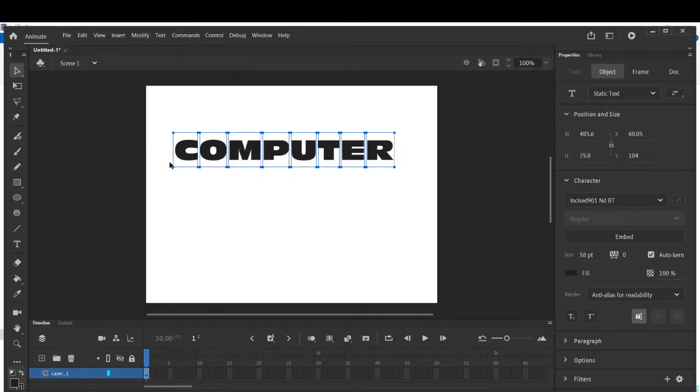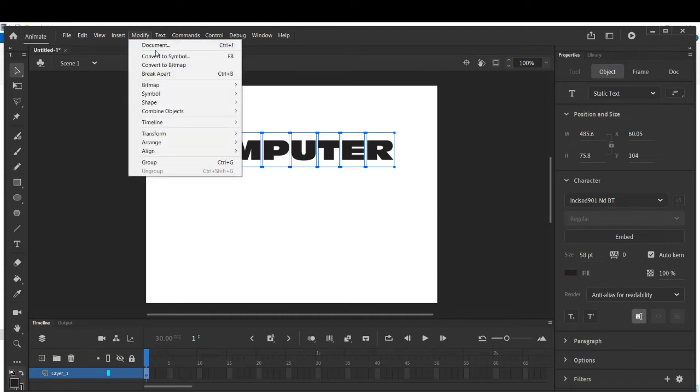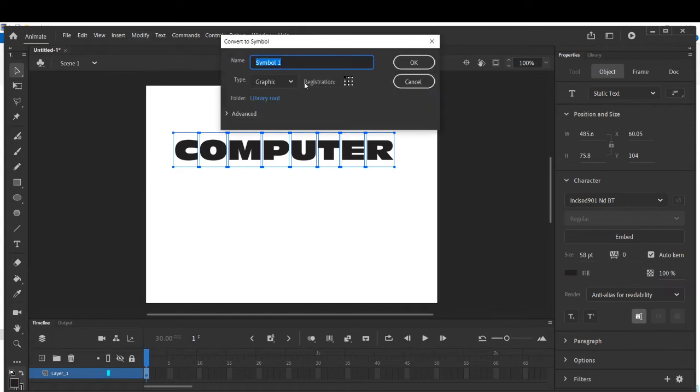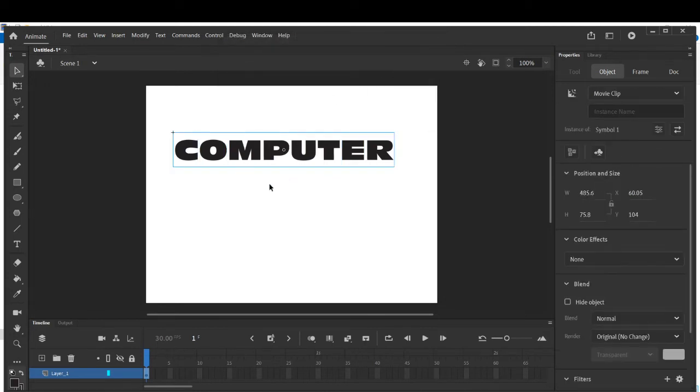Now convert each letter of your text into symbol by pressing F8 and select the movie clip. Okay, one letter. See, F8 is how to convert into symbol. And we will click on movie clip. Okay, see this movie clip.